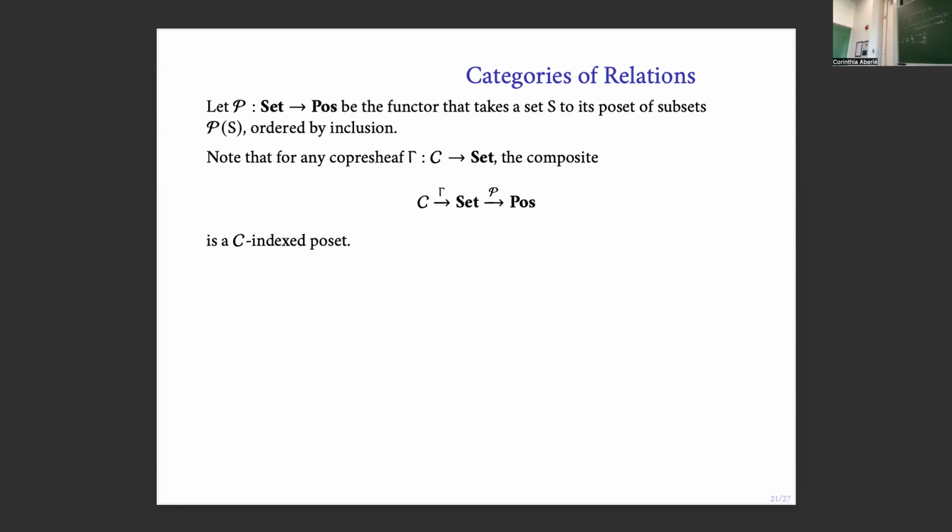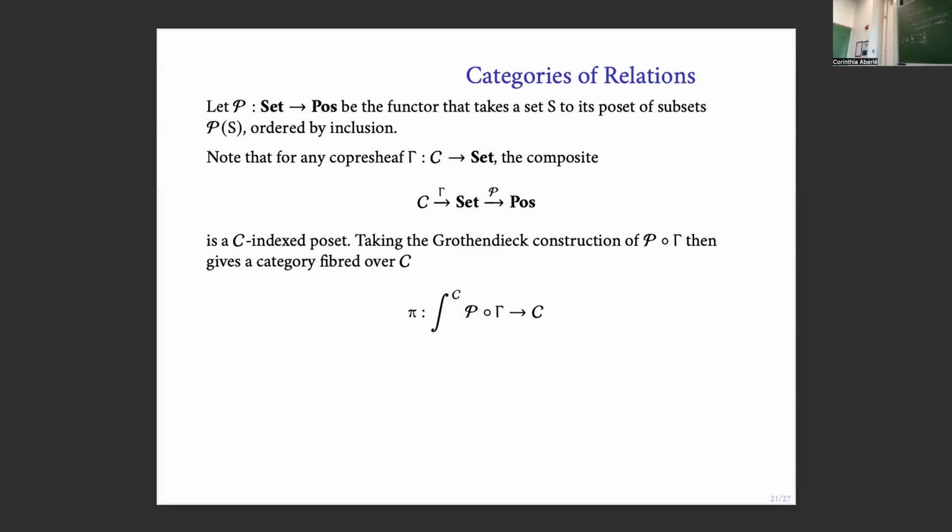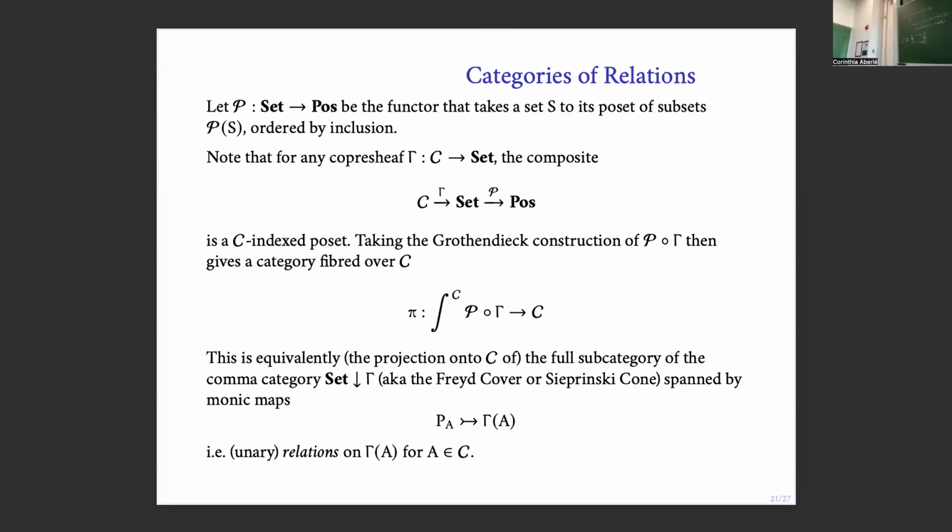Yes, I am. And then taking the Grothendieck construction of this composite gives us a category fibered over C, which is just this. But if we look at this based on how we define the Grothendieck construction, the objects of this are objects of C paired with some subset of gamma of A. So you can think of the objects of this as predicates